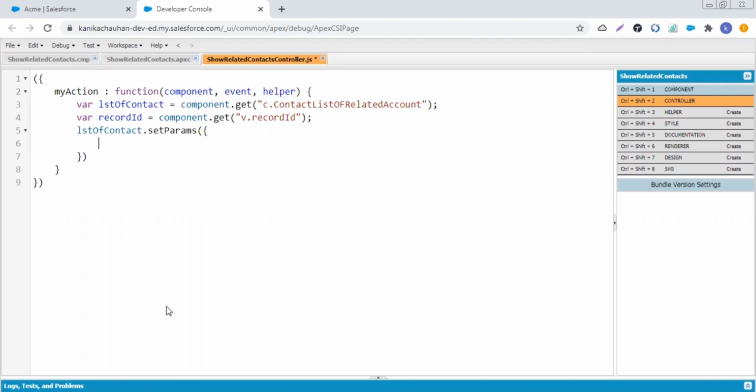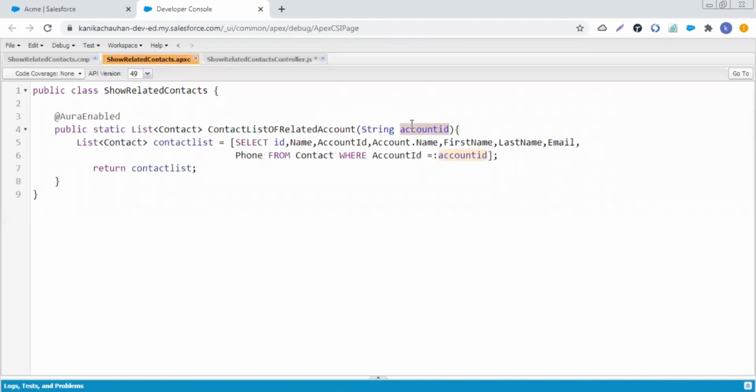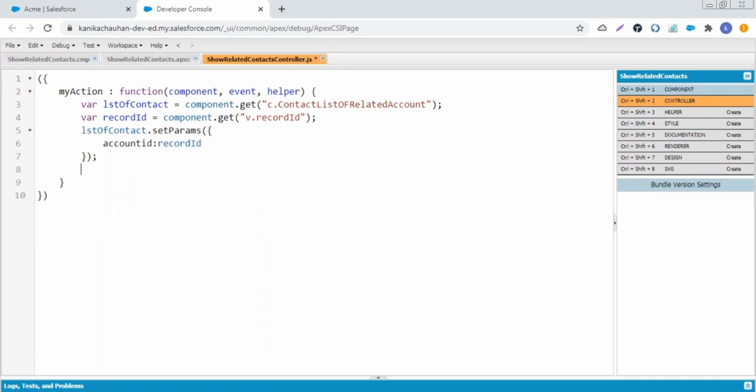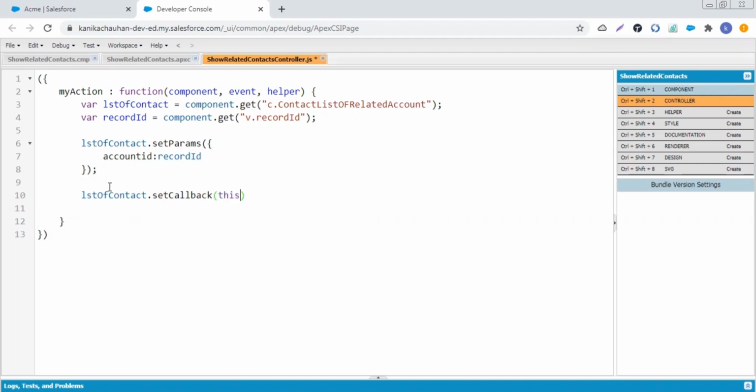As you remember, in my handler I have one parameter, that is record ID, account ID. So now assigning value to the account ID. Now list of contact.setCallback. This will hit the server method with the parameters, and we have a response in return.